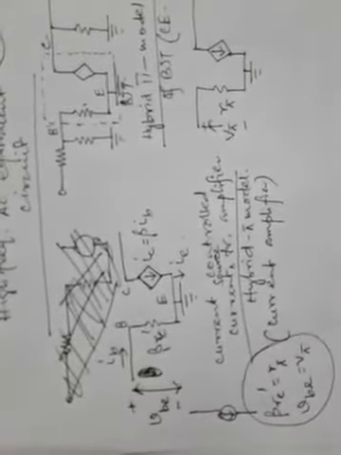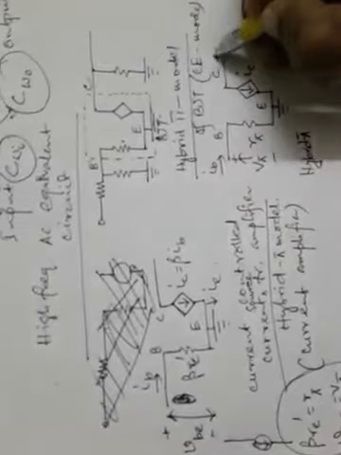This is R pi now, and across it the voltage between base and emitter is V pi, which is nothing but VBE. So these are the replacements. Because this is the hybrid pi model, everything with the subscript pi is denoted at the input side of the circuit of the model. This is nothing but IC. This is base, this is emitter, and this is collector. So this is IB and this is IC, and here it is IE.